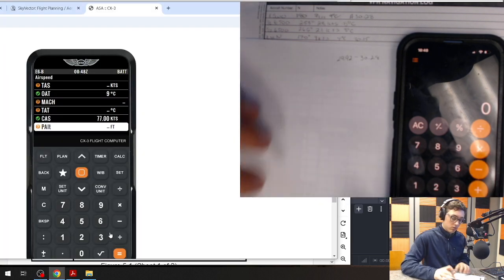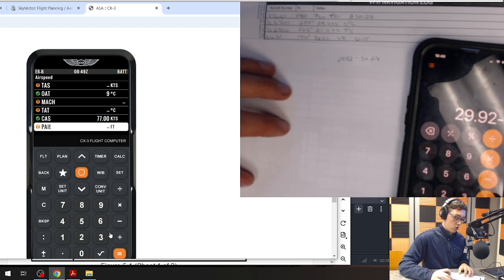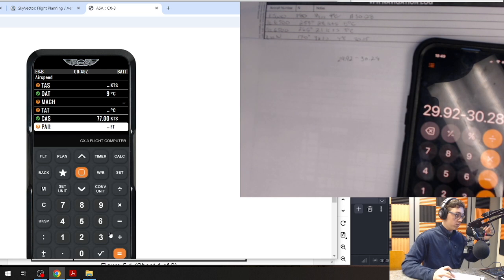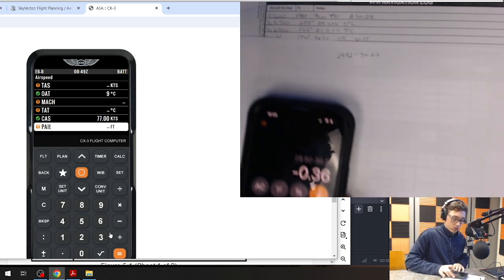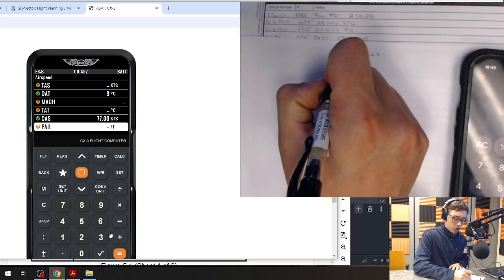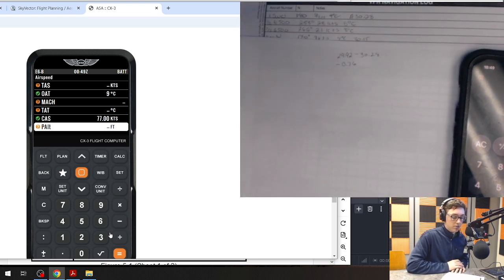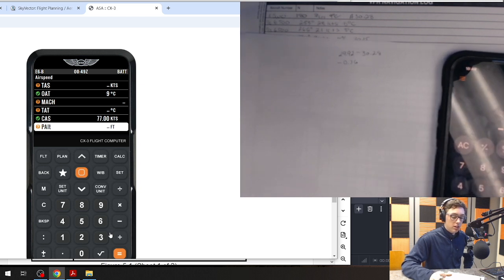Figure out what that reads. So 29.92 minus 30.28 equals negative 0.36. So that notes my difference. Now, why did I do 29.92 minus 30.28? The reason why I did it like that is because